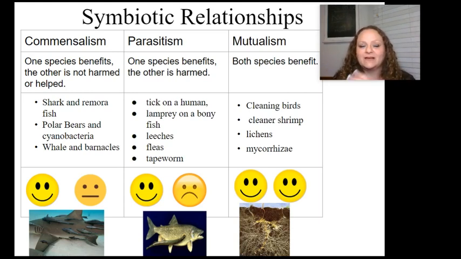Parasitism is more like a toxic relationship where one individual's like, yeah, I got to get out of here. And the other one's like, no, no, no, stay forever. And then commensalism is when just one organism is like, you're the best ever. And the other one's like, I don't even know your name. So, symbiotic relationships. Make sure you write these down. Make sure you know what each of the three symbiotic relationships are. And maybe write down some of the examples.